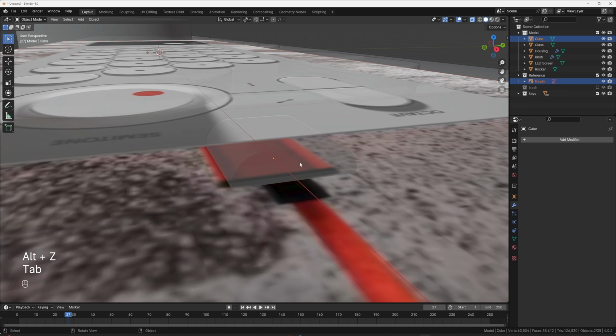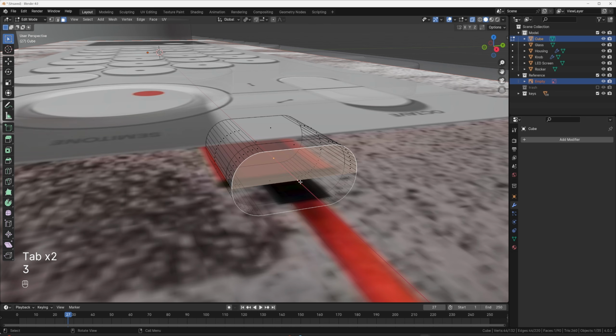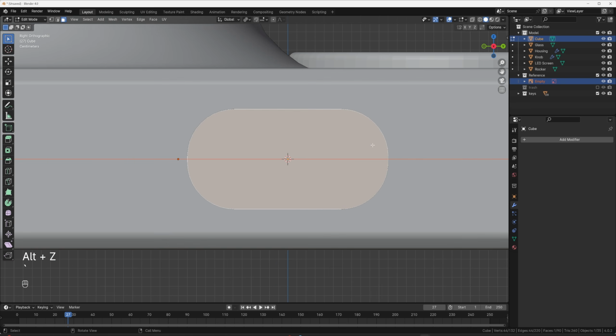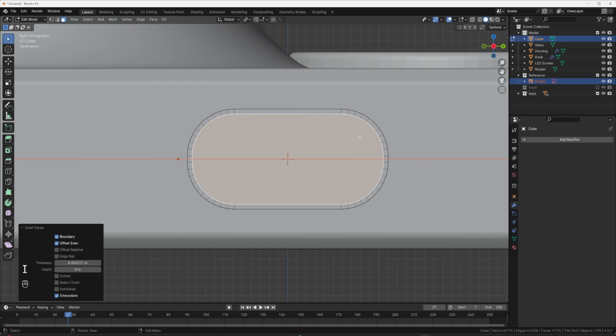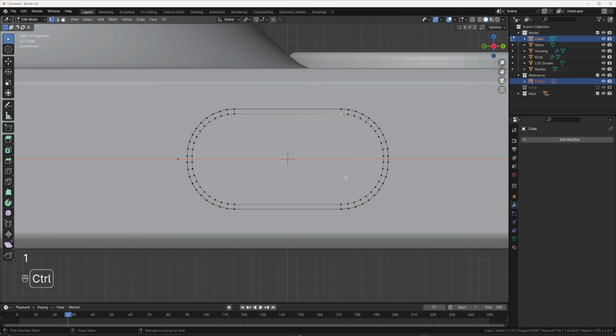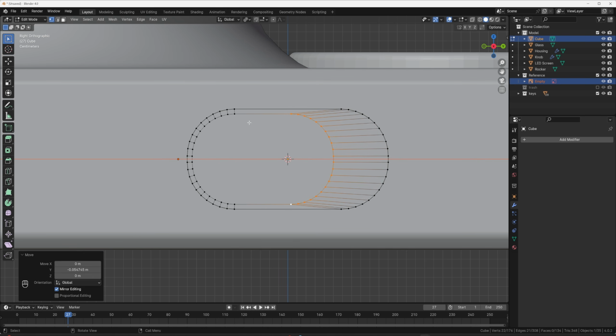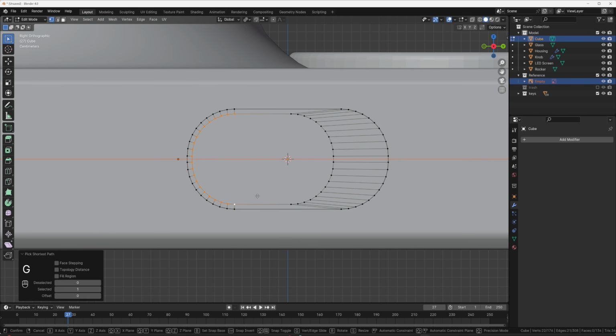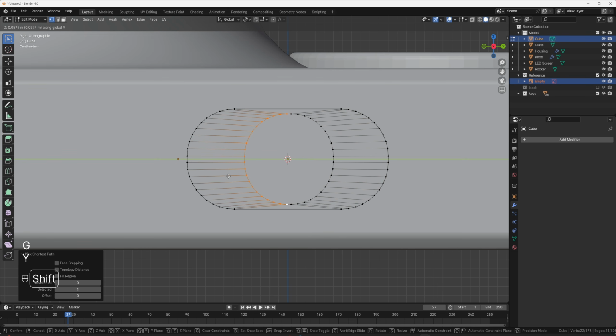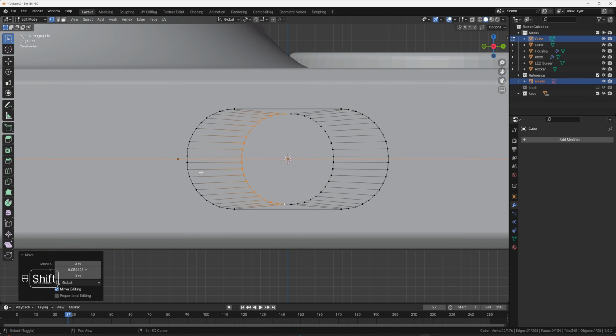So what I'm now going to do is just tab into edit mode, go into the right hand view. Let's just inset this, and then we're going to select these points. So Control to here, because this is a circle and these insets are a circle. I'm just going to do GY and bring these over like this, and then do the same thing here. GY, bring this over, just roughly close. You're not really going to tell. So something like that looks good.